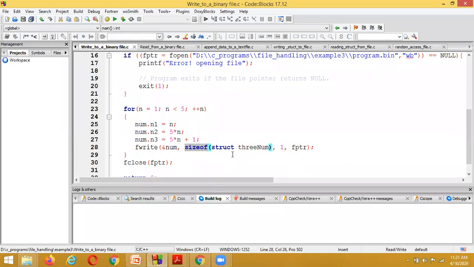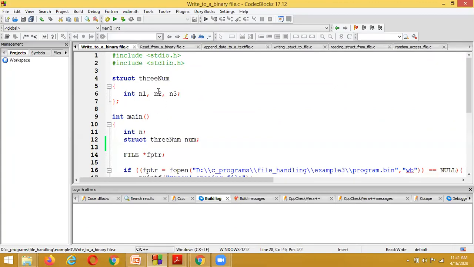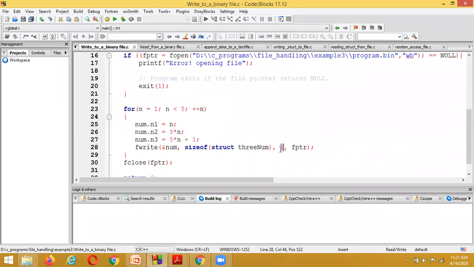Size of. And here structure n1, n2, n3, by using this statement we are finding out the size, and we are passing the second parameter as what? Size of the variable. Whenever it is executing, how much information are we passing? In every iteration only one structure's information we are passing: n1, n2, n3, and each is a single variable of type structure. That's why we are indicating it as what?